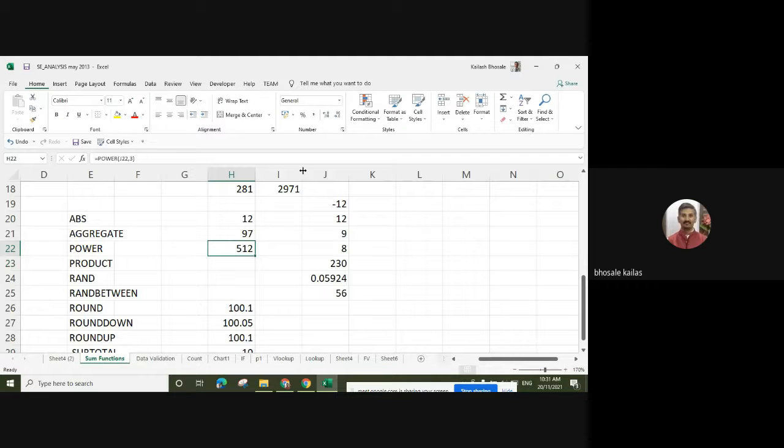So the power function asks that we write down the number raised to a power; it returns the result of the number raised to the power. First select any number, 8, then power 2, and it gives us the answer 64. Likewise we can use the power function. Either we can use multiplication, or we can also use the product function.